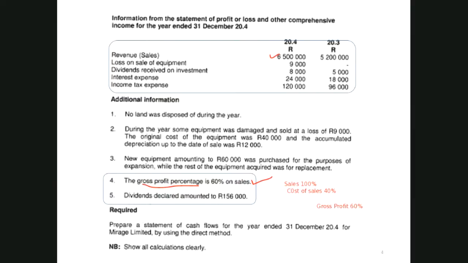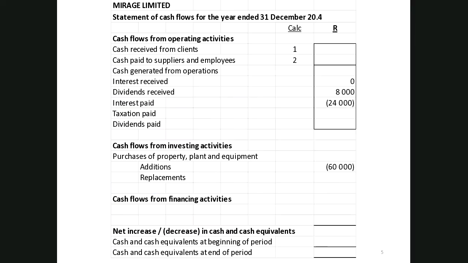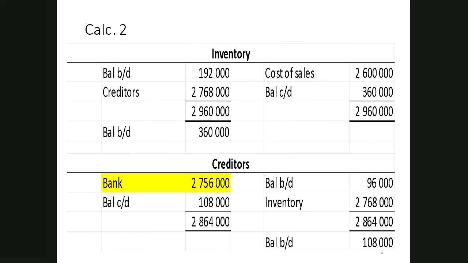Okay, so what I was saying here is that the sales would then be, because it says gross profit percentage is 60% on sales, that means gross profit is 60%, sales is 100, which means cost of sales is 40%. So if I now go back to this ledger account that I was busy preparing for inventory over here,